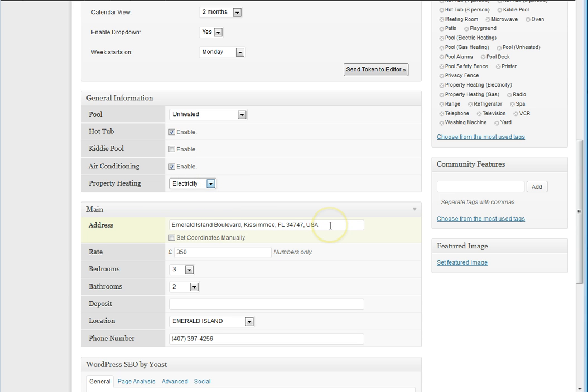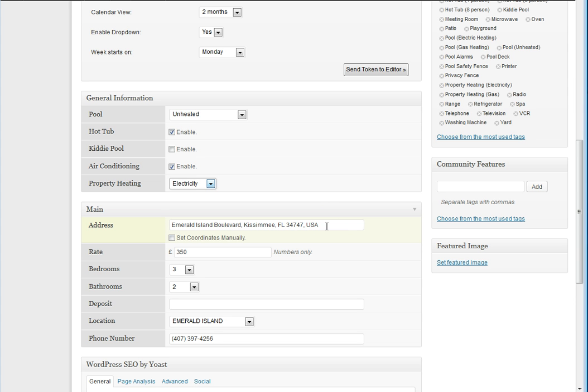Moving down here, this again should be set up, but just double check. This is the full address, including your zip code. Now, the reason for putting this in is so that it generates the correct position in your Google map. Now, worry not, because although you're putting the full address in the back end here, all that appears on the front end is the more or less approximate position on Google Maps. It doesn't show the address. I've suppressed that on the front end. So there's no question of somebody being able to look at the properties and then turn up right on the doorstep,